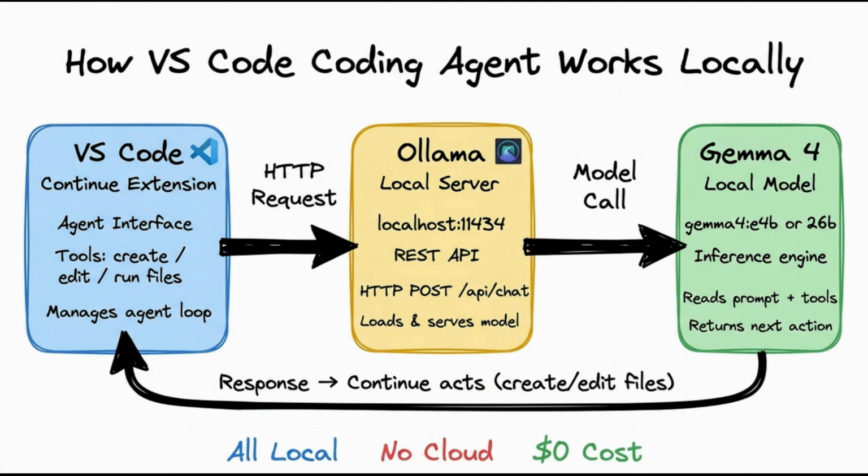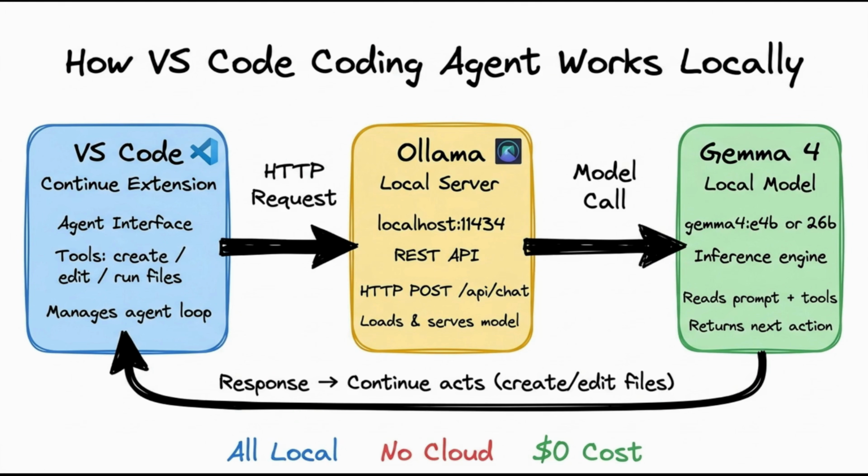Now before we hit download, let me show you exactly what we are building, because once you see the flow, everything makes sense. This setup has 4 moving parts. Together they turn your laptop into a full AI coding machine. First is VS Code, the code editor you already know. Then Continue, the AI engine inside VS Code. It's free and open source, and this is what I use to replace GitHub Copilot.